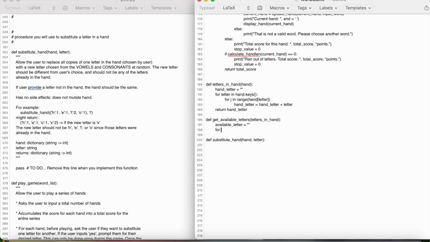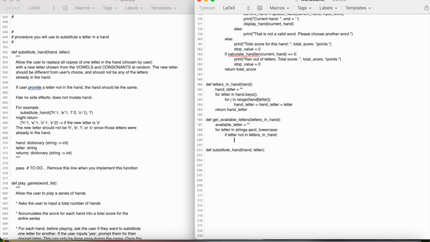So for every letter in the lowercase alphabet, that would be string dot ASCII underscore lowercase, if the letter is not in what is defined above, so if letter not in letters in hand,